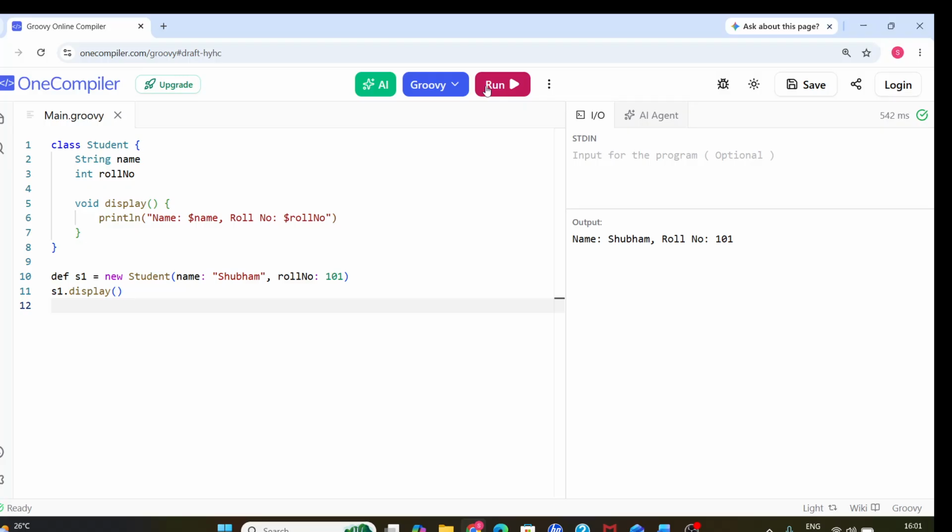Then void display, this is the method to show student details. Then you can see s1 is equal to new Student. At line number 10, we create an object, meaning a real student record, and s1.display prints the details. In this example we created a class called Student, and inside it we defined two properties,